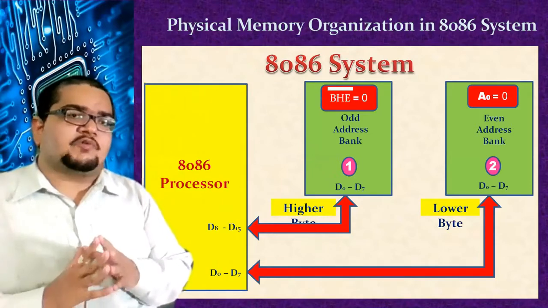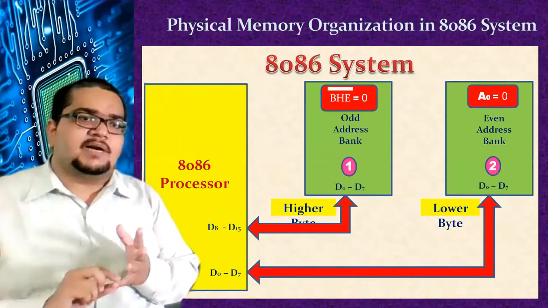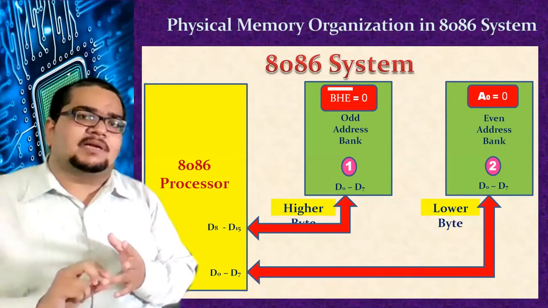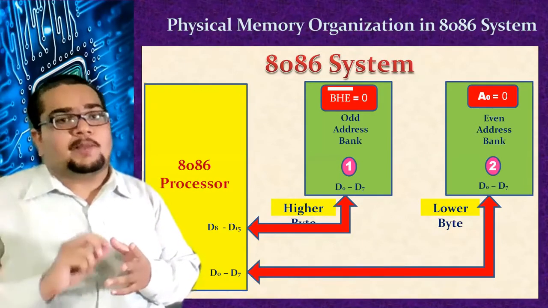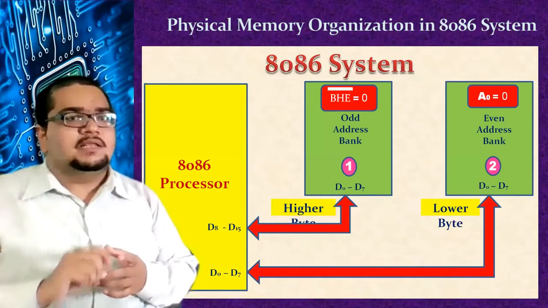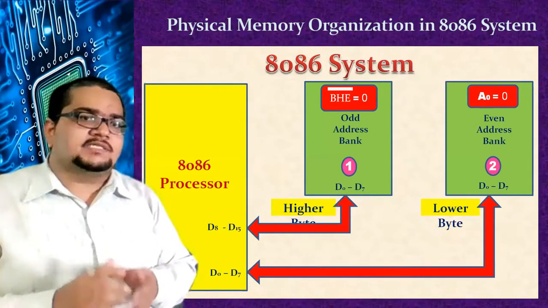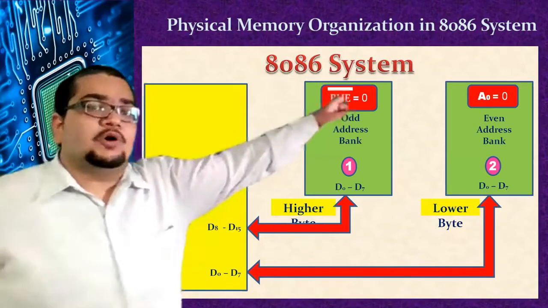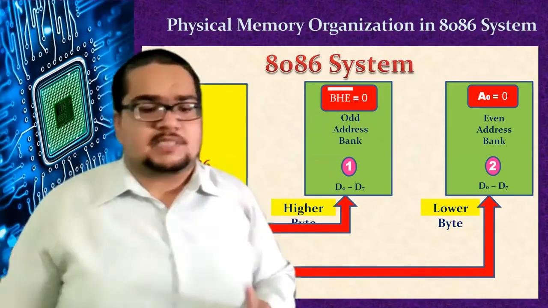So 8086 provides all the facility to access the complete 16 bits of data at a single go, or if your data size itself is 8 bits, depending upon whether it is available in the even bank or odd bank, you can appropriately select which memory bank or memory IC it is in, activate that IC, and fetch that 8-bit data into the processor by appropriately using these A0 and BHE bar signals. These A0 and BHE bar signals are very important.